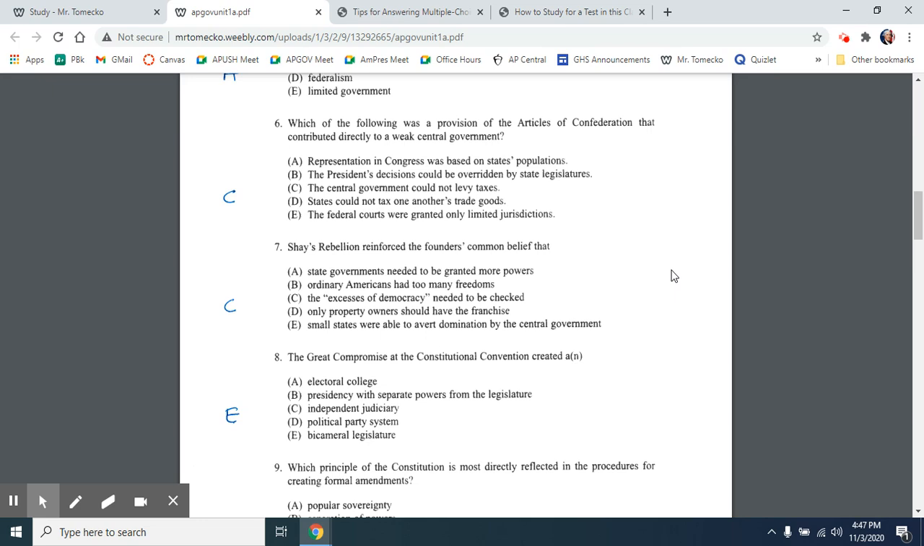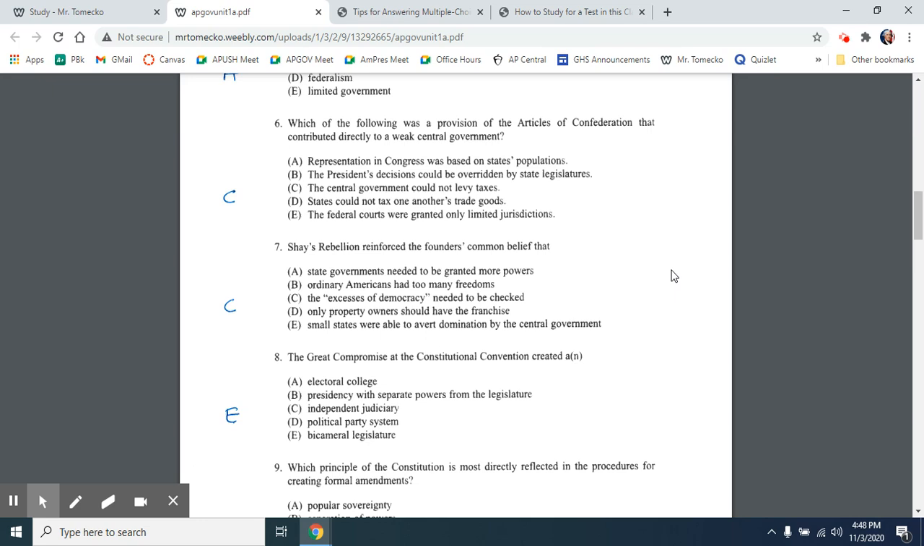So I might choose B and say, well, I know B is wrong because under the Articles of Confederation, there really was no president. Okay. It says the president's decisions could be overridden by state legislatures. There is no president. That makes no sense under the Articles of Confederation. I might look at E in the same light. The federal courts were granted only limited jurisdictions. Well, there were no federal courts under the Articles, no national judiciary. I said that earlier when I was thinking about provisions. Okay? Now, I might look at A and say,